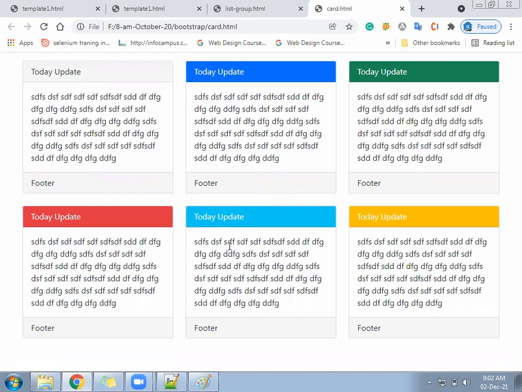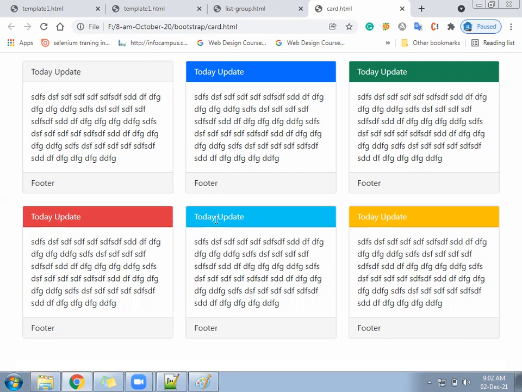1 hour it will take to write the CSS. Now it depends on the client. The client will say, don't take a long time, deliver today only. So what will you say? You have 1 hour or you have 10 minutes. The client's budget plus their time will decide.